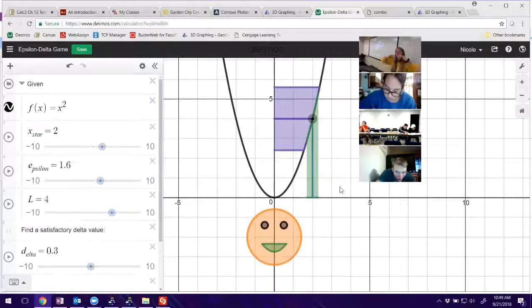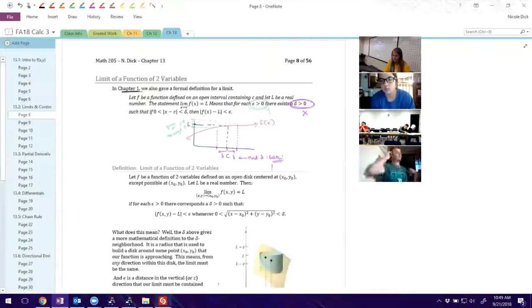So when we do this in 3 dimensions, or an x and a y, instead of just looking at delta going in that one direction left and right of our x, we have to look in this whole entire circle of delta values. So very similar idea. We've got some 3-dimensional shape, that surface, that we're working with. We've got some limit we're trying to show it's equal to, but instead of just looking at this little 2-way area around our point we're trying to get to, we have to look at this whole entire circle. So before we get to the actual math of it,